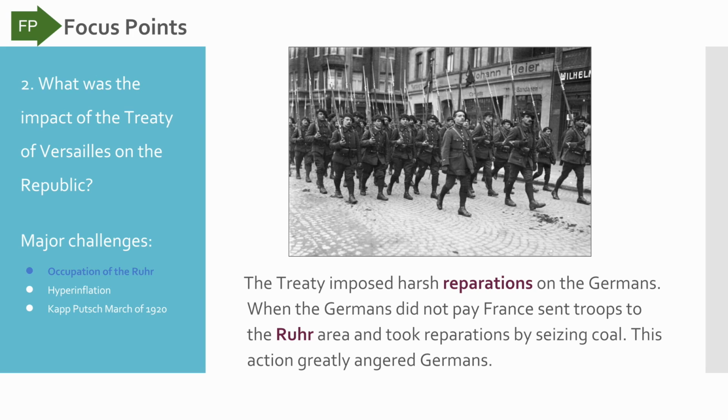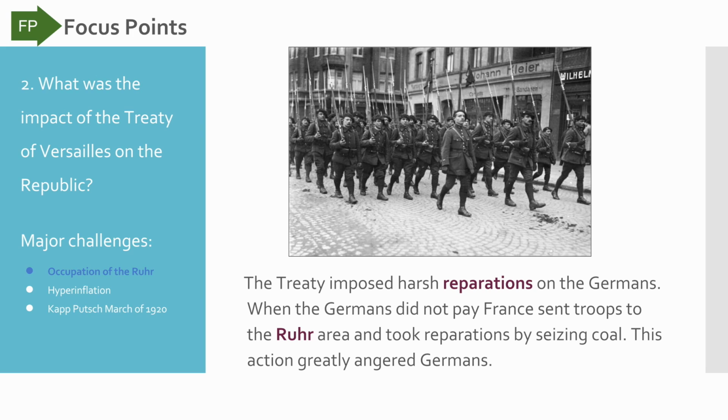One of the areas of Germany, which was known as the Ruhr, was an area that was especially rich in coal. When France believed that Germany was no longer paying reparations, or maybe Germany wasn't able to, they actually invaded this area, and instead of waiting in order to get the reparations, they took the reparations in the form of coal. There was an incident in which many Germans were killed in the encounter, and this really helped to, number